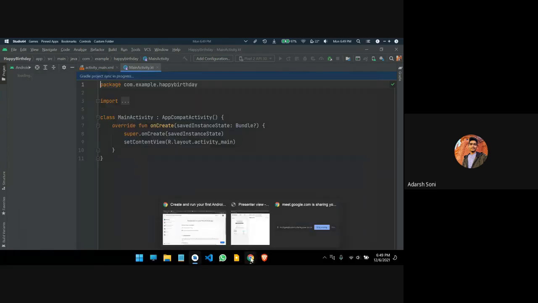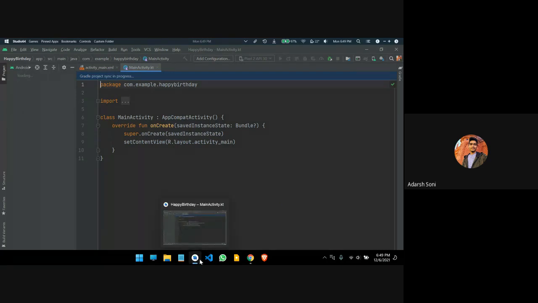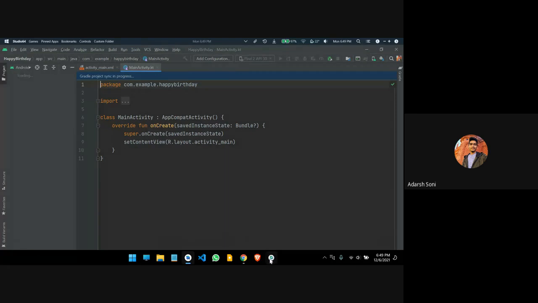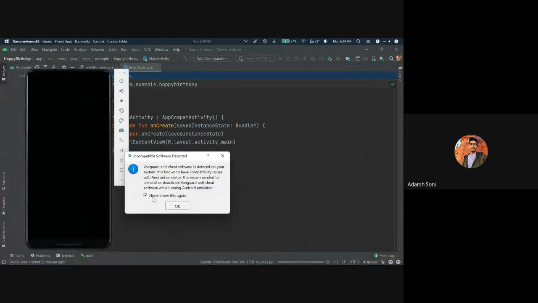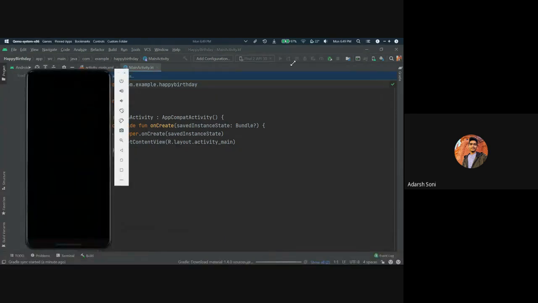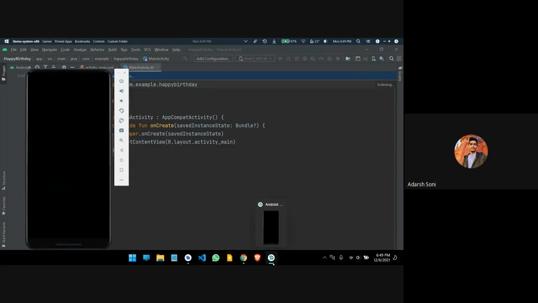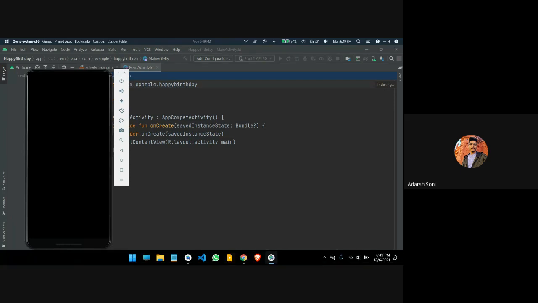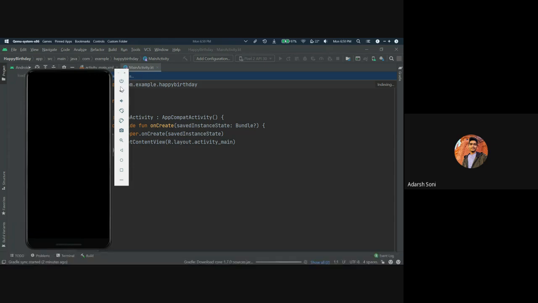Our emulator will start. We will boot the emulator by pressing the power button.